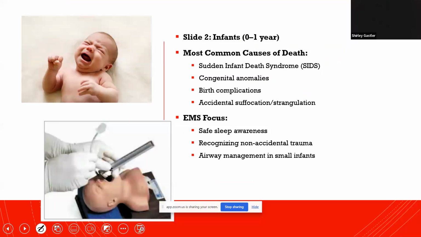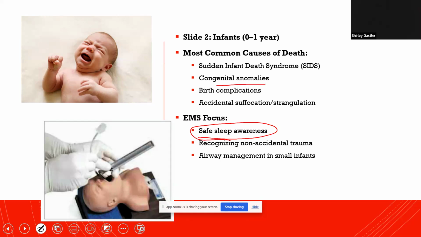So infants, some of the most common causes of death are SIDS, and SIDS is basically a catch-all term for, we really don't know why they passed. When I saw a case like this recently, it was a 6-month-old that was in bed with mom and dad. So, this is where safe to sleep is one of the biggest factors with SIDS. Again, it's a catch-all term. Unfortunately, a lot of these SIDS cases are just pure suffocation, because mom and dad rolled on them in the middle of the night and thought they were light sleepers, and they specifically were.